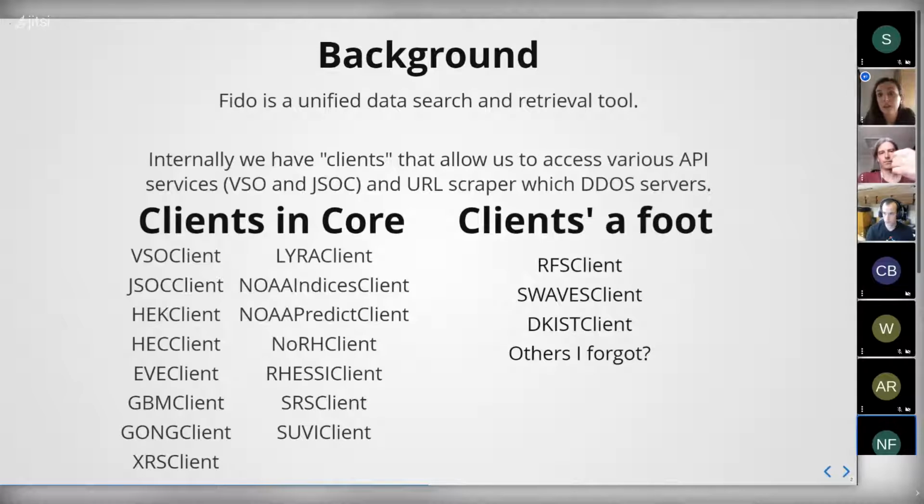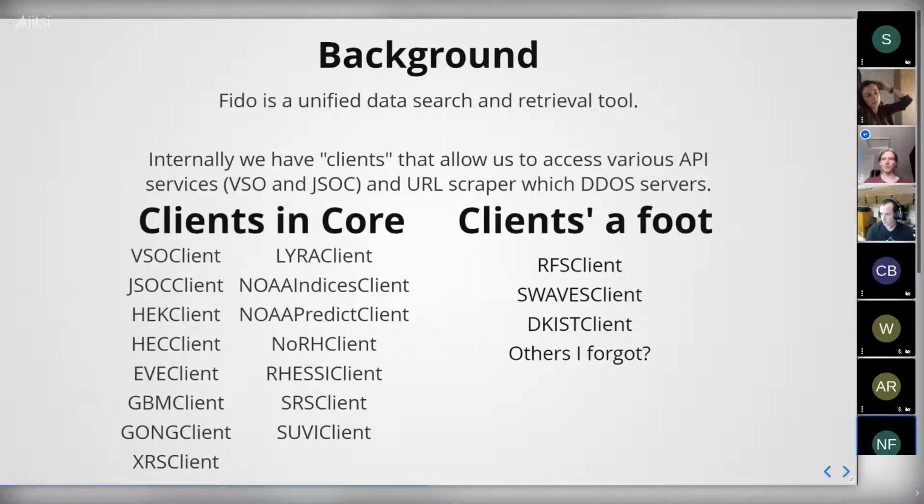And if we could convey that to the users, that you say, in core we only do VSO and JSOC, the general ones. But if you want the more instrument specific ones, that builds on the model of having affiliated packages and moving things out of SunPy for specific work. But again, you have to teach the users that, and that's how the structure of SunPy is. To me, from a user experience, it seems to